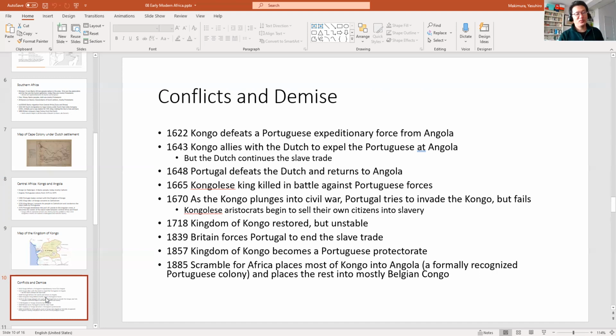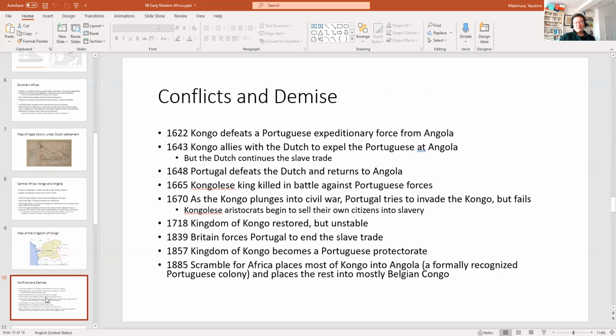Now, there's two problems. One is that the Dutch are Protestants and the Congolese are Catholics. So they're slightly uneasy about this alliance between Catholics and Protestants. And the second problem is that when the Dutch merchants do arrive after kicking out all the Portuguese merchants, it turns out that the number one reason why the Dutch merchants are there is because they want to engage in the slave trade. And I imagine similar kinds of shenanigans happen, just like when the Portuguese merchants were in charge.